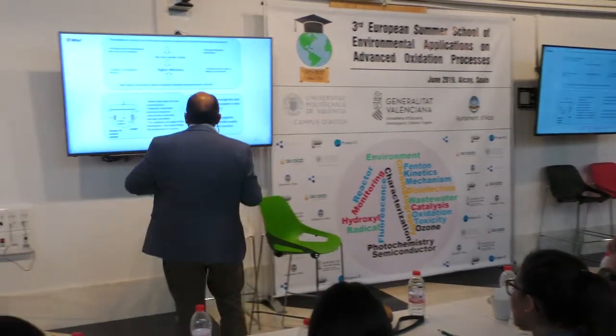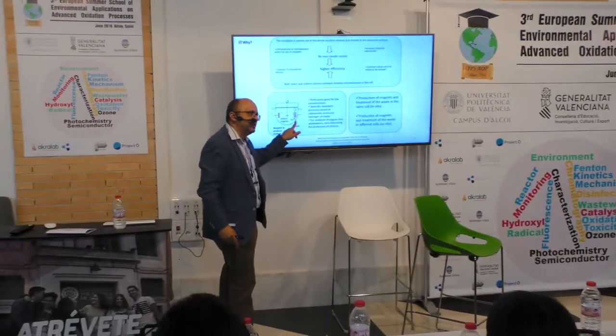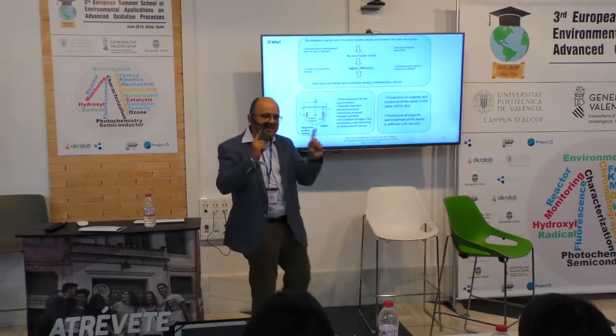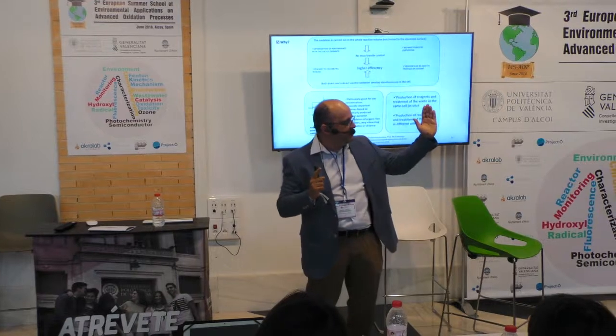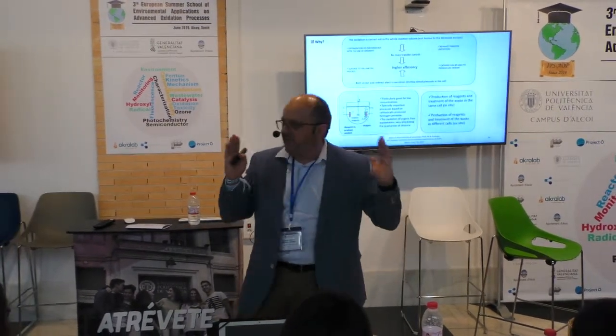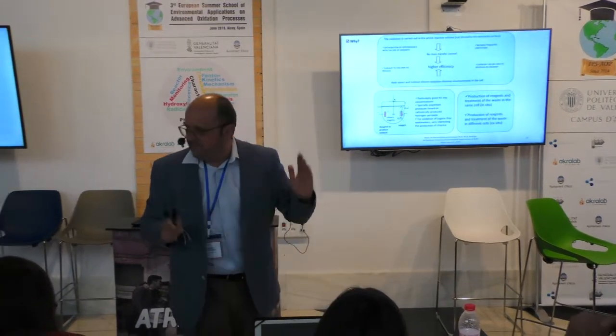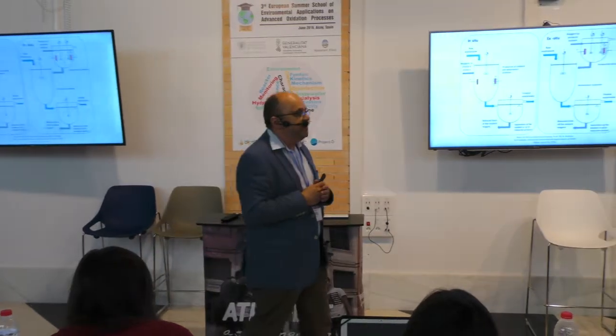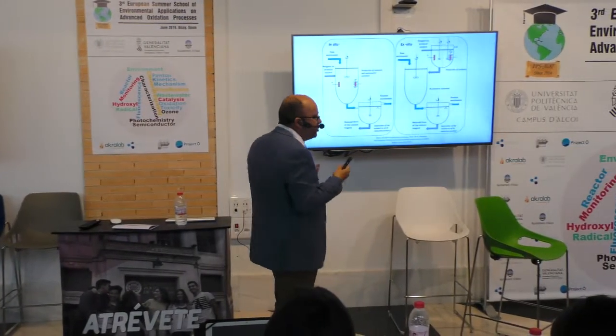So the generation of hydrogen peroxide on the cathode is a reduction process, okay? So with the same electron, I can produce an oxidant in the anode and hydrogen peroxide in the cathode. So I can have double efficiency in this electrochemical cell. Okay, how can I use these oxidants?